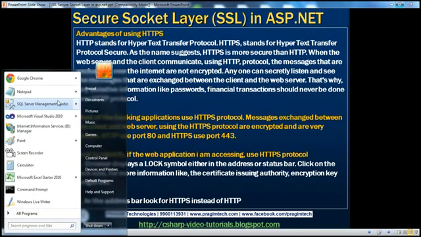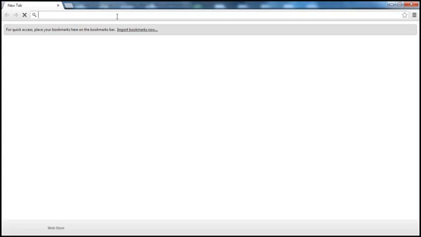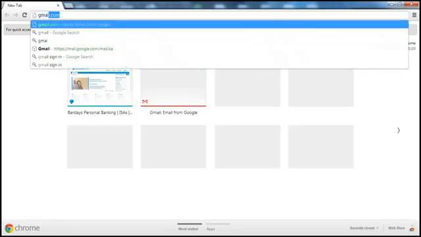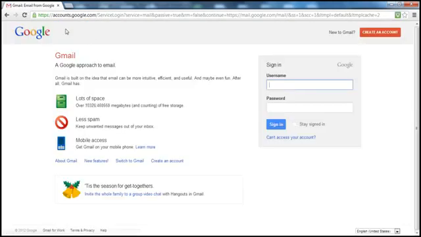For example, let me open up Google Chrome browser and then type in gmail.com. Look at that, Gmail is actually using HTTPS protocol. Why is that? Because to log into Gmail, I have to supply my username and password, which are obviously sensitive information. And I don't want anybody to be secretly listening on the wire that's connecting my machine with Gmail's web